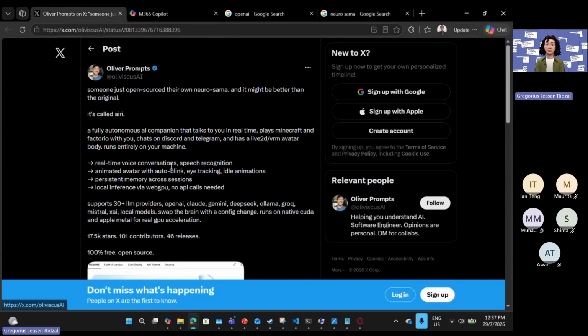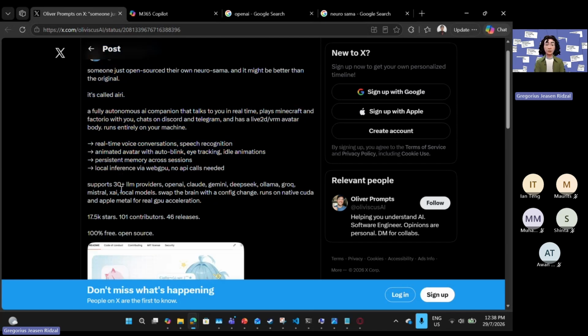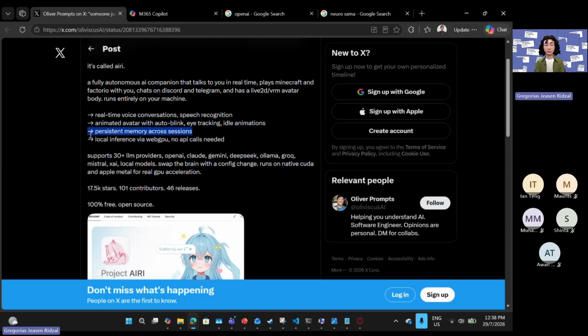There's this animated avatar. It's blinking. It has eye tracking, so it's looking at what it's doing. It's got animations and all that stuff. It's got persistent memory, so it remembers what it's doing. Streamers just do stuff online, like what we are doing right now. Our streaming activity is sharing about AI. But for them, usually their streaming activity is playing Minecraft or something. With persistent memory, they'll remember across multiple streams, for example that last stream they were digging for iron.